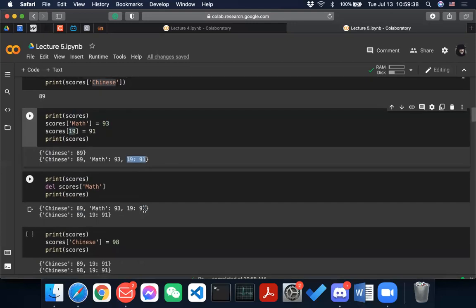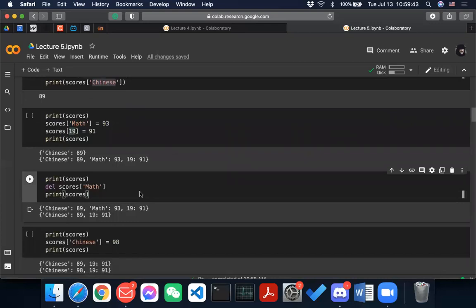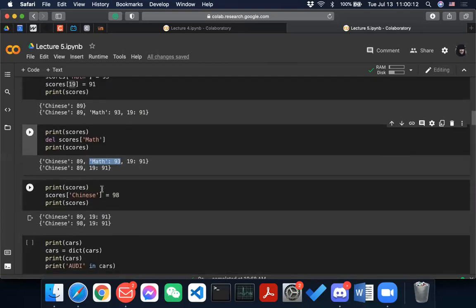Okay. So similar to a list, you can delete a key value pair using this key. So you just delete scores, and then you provide this math here, and it not only deletes the key, it deletes the entire entry, right? So even though you only call, for example, scores math, it deletes the entire thing. It deletes a key and deletes a pair, right? So that is one feature of that.